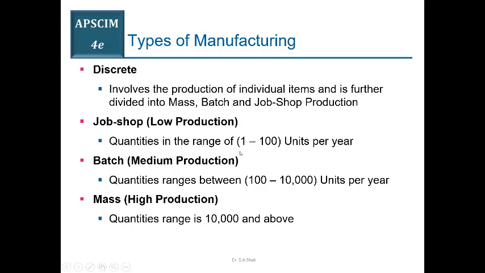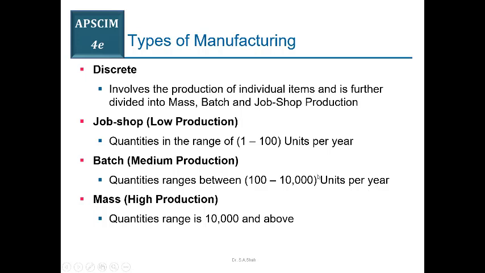और ये भी हम कई बार डिस्कस कर चुके हैं कि जो 100 फिगर है वो बहुत कम नज़र आता है, लेकिन एक्चुअली जब आप सिनारियो को देखते हैं तो इट इज़ अ ह्यूज फिगर फॉर जॉब शॉप मैन्युफैक्चरर। बैच और मीडियम प्रोडक्शन में जो क्वांटिटीज़ बनेंगी, जो फाइनल प्रोडक्ट्स बनते हैं, सो नंबर ऑफ प्रोडक्ट्स की हम बात कर रहे हैं, सो द क्वांटिटीज़ विल रेंज इन बिटवीन 100 and 10,000 यूनिट्स पर ईयर,